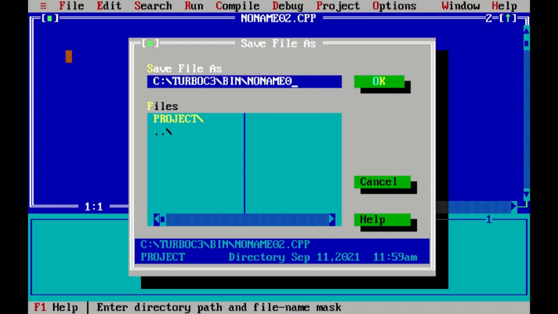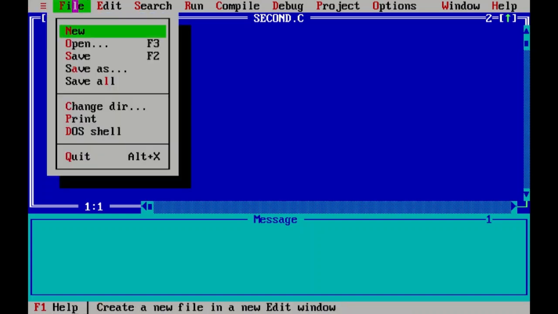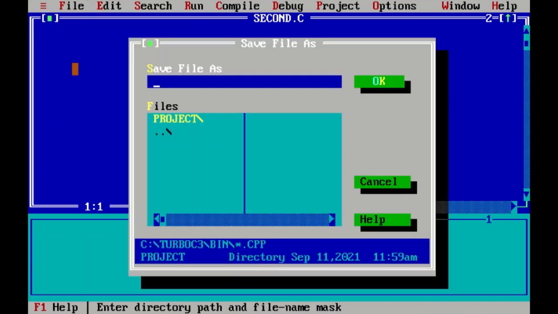By default, the file name, like I'm writing second, second.c, this becomes the file name, right? Then Save As, if you want to give another name to the same file,